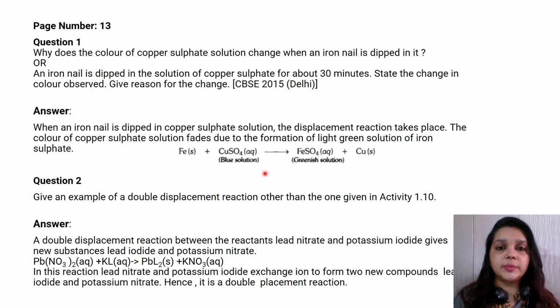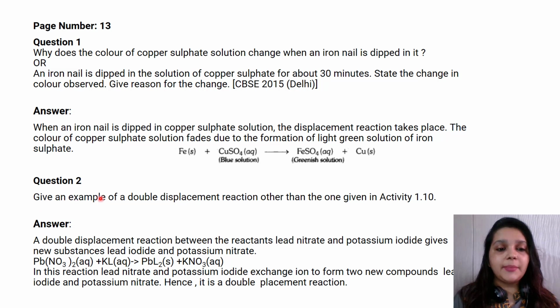So looking at the reaction, we will be able to understand how the displacement reaction takes place here. We know iron, Fe, dipped in copper sulfate, CuSO4, which is a bluish solution. In the displacement reaction, iron, being stronger as compared to copper, is going to displace the copper, leaving the copper out or kicking it away. So that means now the product would be FeSO4, which is a greenish solution, and copper will be found. Alright, this is a displacement reaction.